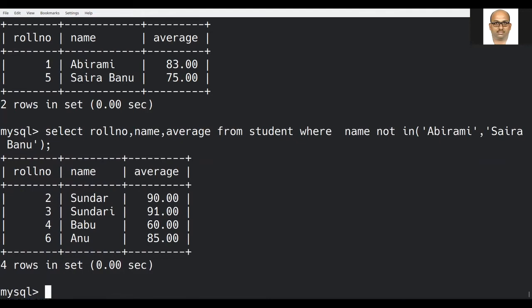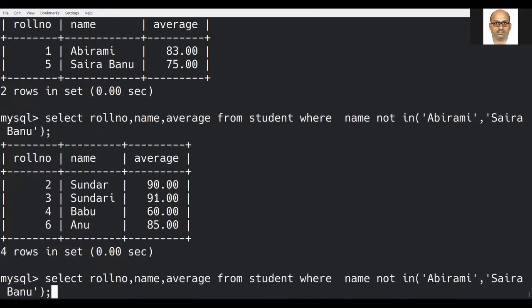So when we are using in, we are simultaneously checking with OR. If I am trying with not in, I should have another operator called not equal to. Instead of equal to, I have not equal to. Either the name should not be equal to Abhirami or the name should not be equal to the other. Not equal here is the less than symbol immediately followed by the greater than symbol.